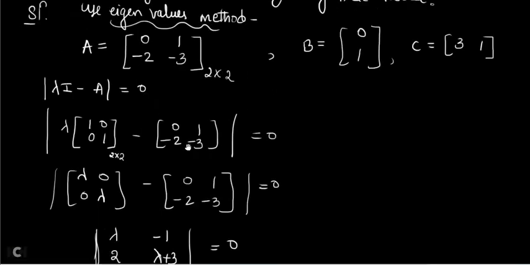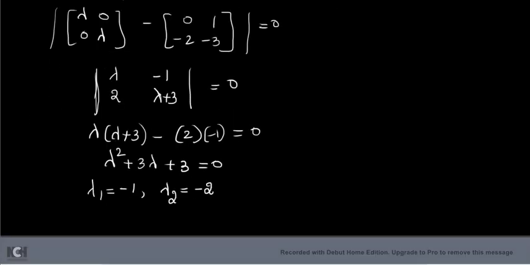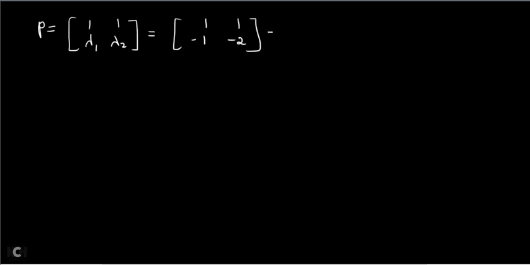Now you have to start doing capital A. What is the first thing to construct? The P matrix. P is given by what? 1 1 in the first row. Second row should be lambda 1, lambda 2. Will you get a third row? No, because the state variables are only 2. So you will get only 2 rows, 2 columns. That will give you 1 1, lambda 1 is minus 1, lambda 2 is minus 2. This is your P matrix. Capital P matrix is ready.